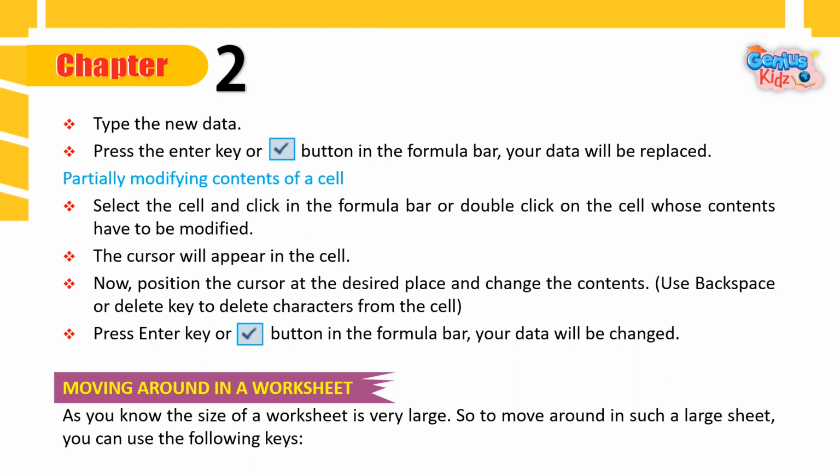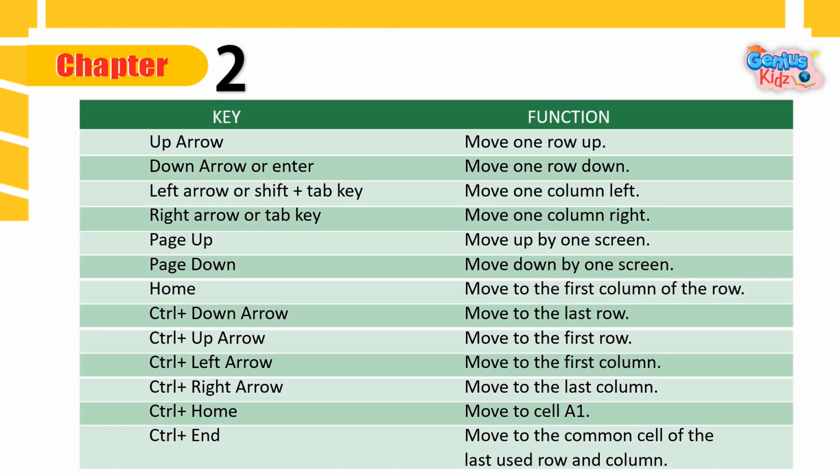Moving around in a worksheet. As you know, the size of a worksheet is very large. So to move around in such a large sheet, you can use the following keys. Key, function. Up arrow: move one row up. Down arrow or Enter: move one row down. Left arrow or Shift plus Tab key: move one column left. Right arrow or Tab key: